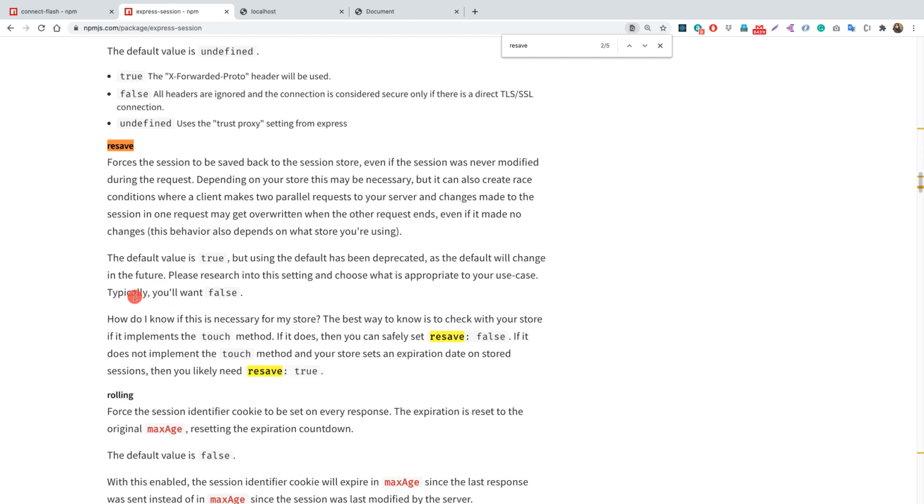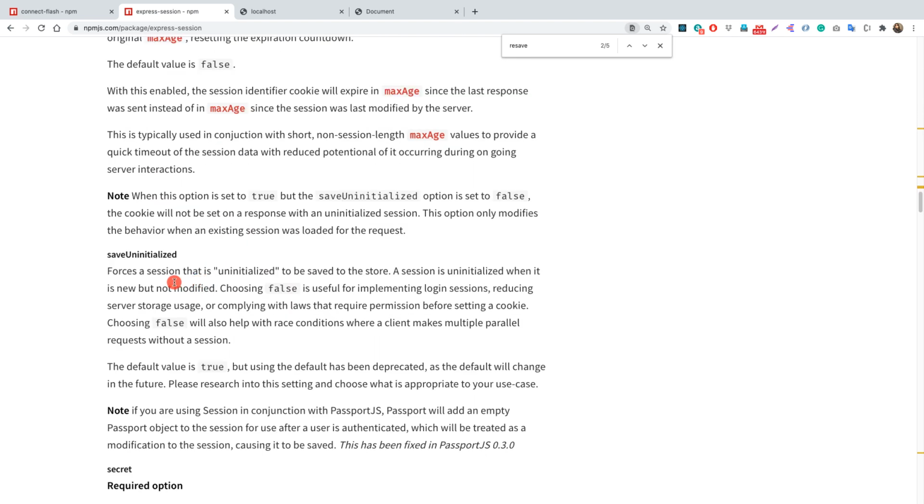Basically, typically we want to set it to false, as it is explained here, because the default value is true, so we are manually making it false. And similarly for saveUninitialized, we need to make it false. You can read a lot more about saveUninitialized inside the Express Session package, but for now we can simply pass false for both of these properties.